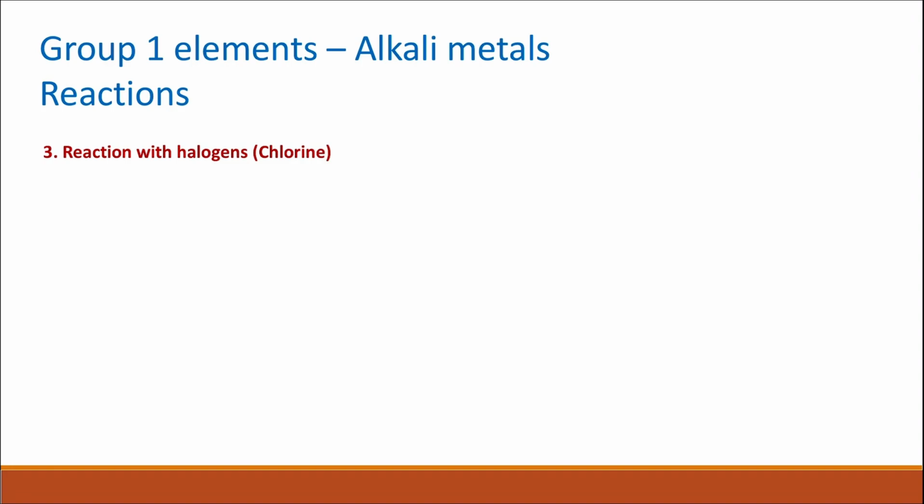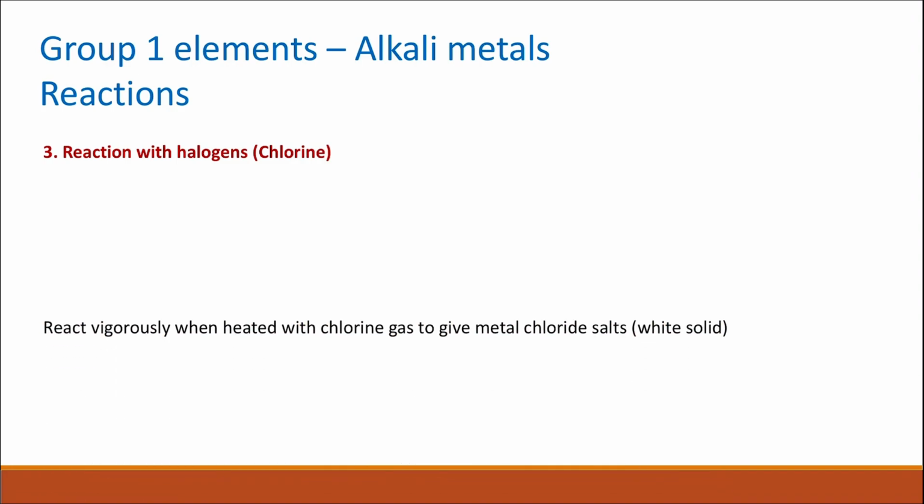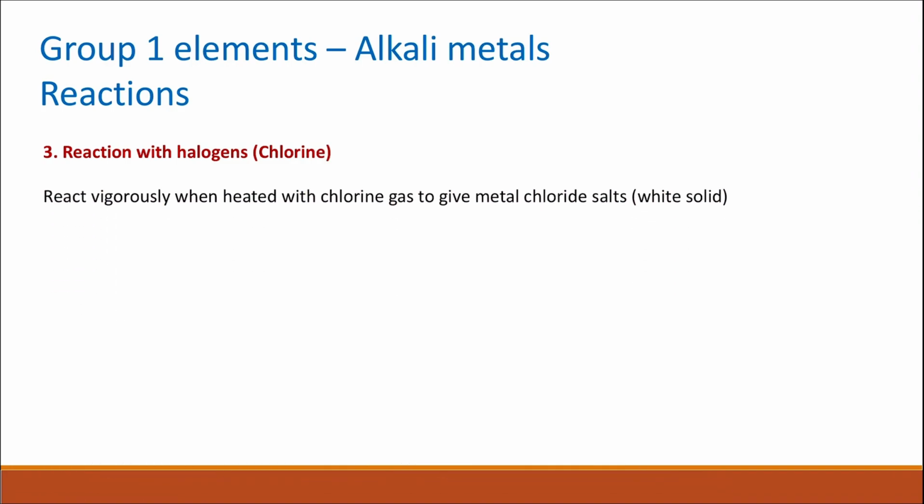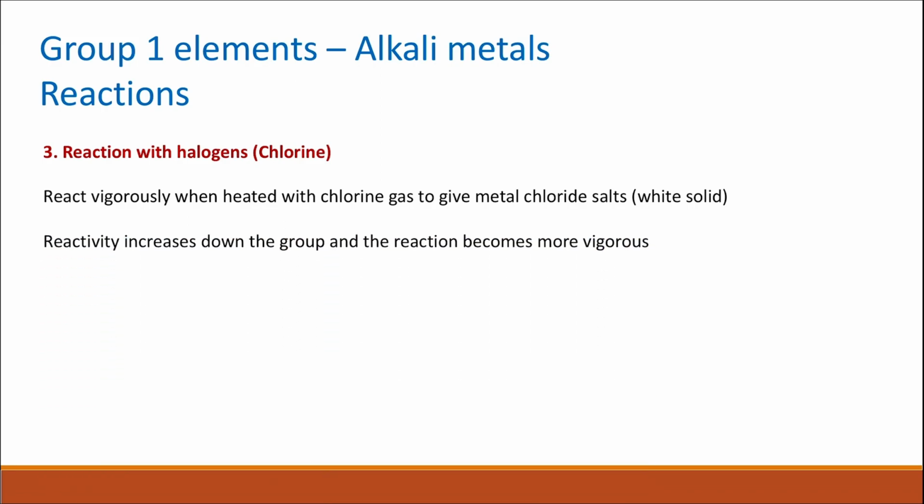They also react with halogens, for example, chlorine. So they react vigorously when heated with chlorine gas to give metal chloride salts, which are going to be white solids. The reactivity again increases down the group, so the reaction will become even more vigorous. The balanced equation is when you react sodium as a solid with chlorine gas, it's heated with chlorine gas, that will give you sodium chloride